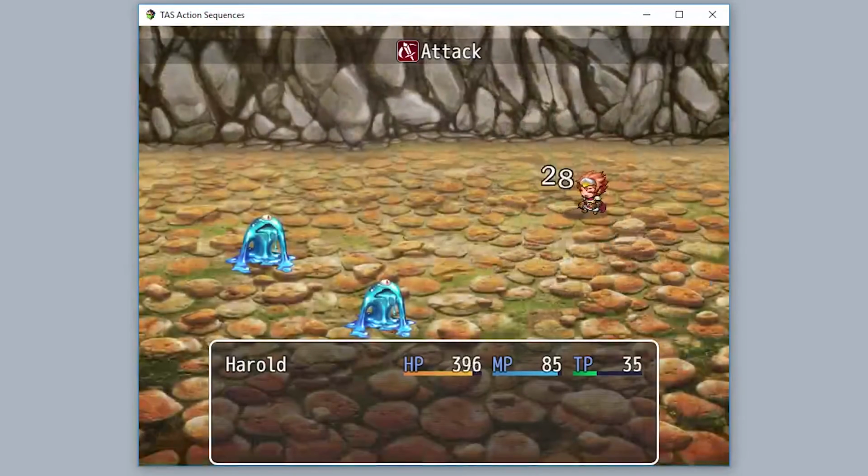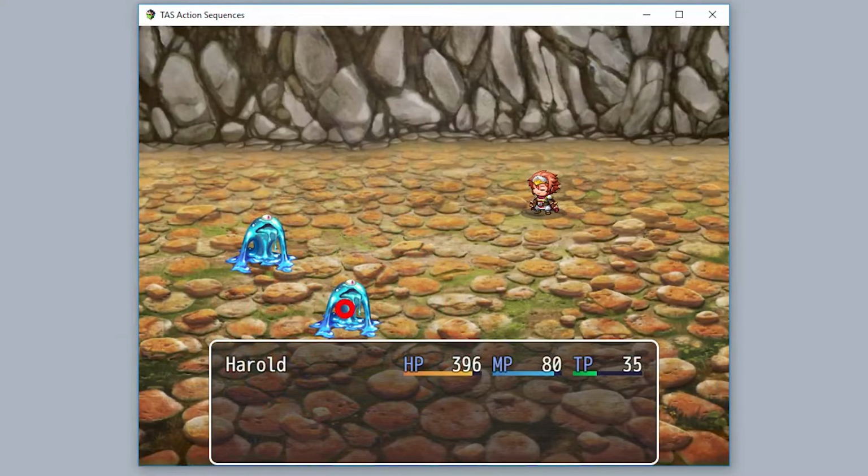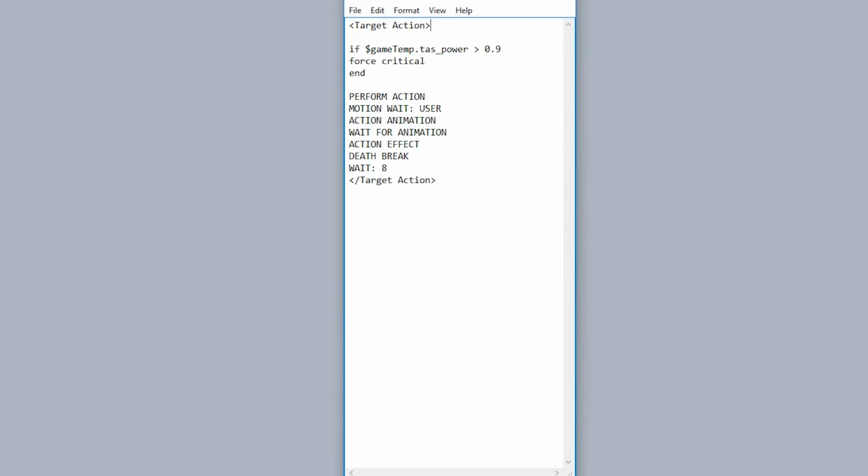So after our slimes are done hitting me, let's go back to our magic, fire, hit the slime, do it really close, and when we do so, this hit will be a critical hit, as you see right here. So the next thing to do is actually make it so the animation changes based off of how well the timed attack was performed. So by default, this right here sets it so an animation is played based off of